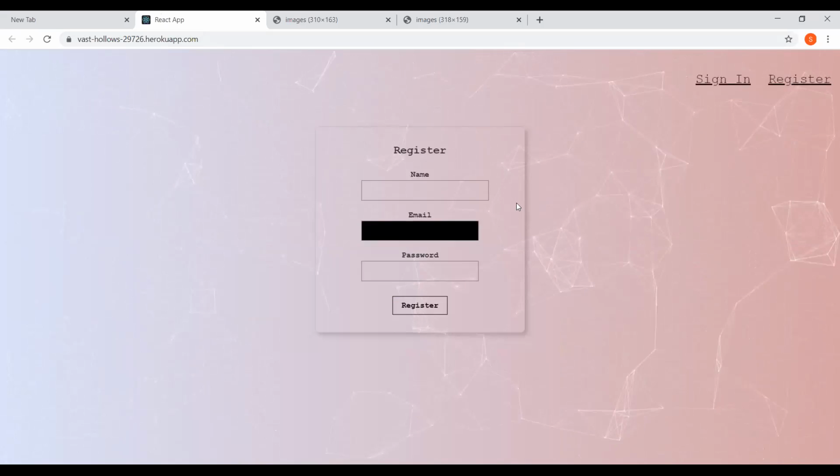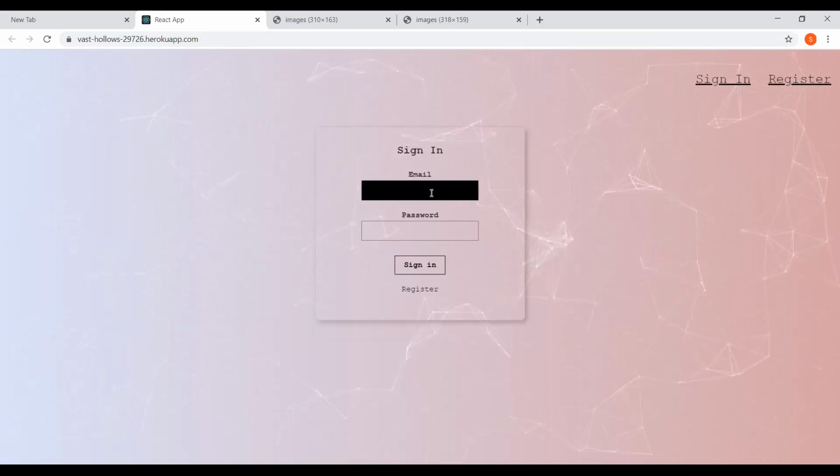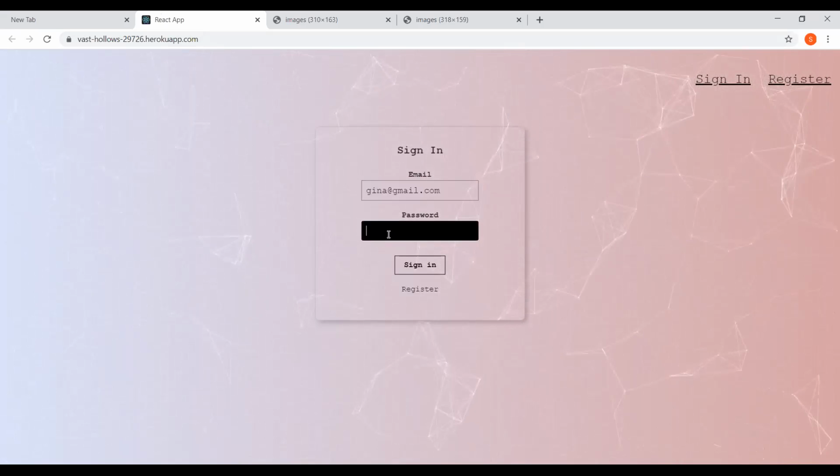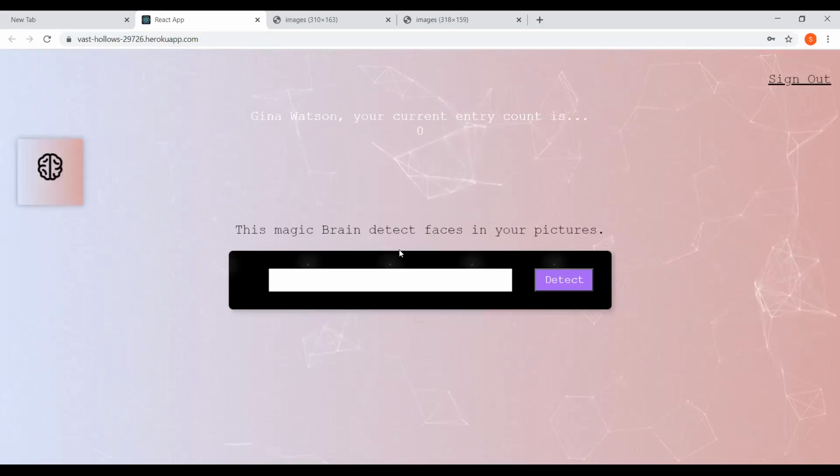I could sign out and sign back in using Gina at gmail.com. So all this, the user's information is stored in the PostgreSQL, in the Postgre database. So the user Gina is able to sign in,